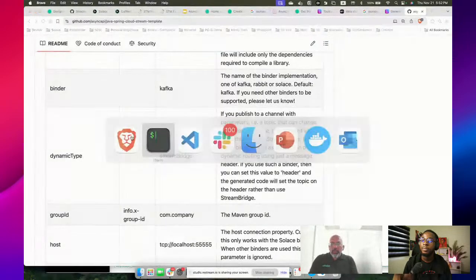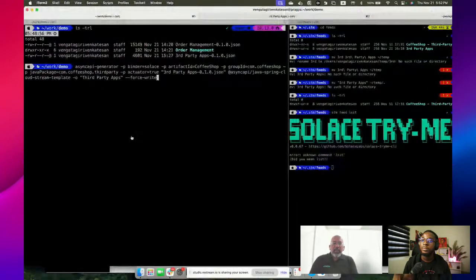So, on that basis, what you see here is the async API generator that's our current tool, and I want to use binder Solace, which is the one that creates a Spring Cloud Stream code. And artifact, this is my artifact ID. I'm building Java, right? Anyway, the group ID, and this is my JSON file, async API file, and this is my template. And I want the output to be in this third-party apps folder. Just by running this,